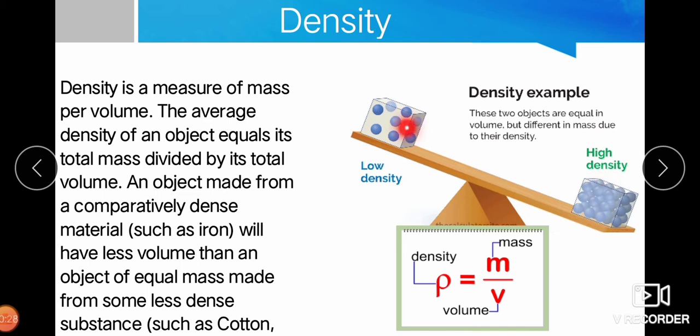And if there is less mass in the same volume, the object is called less dense, like liquids and gases. You can imagine iron and cotton. Cotton taken in the same container will have less mass, but iron has more mass. It is heavier than the cotton in the same volume. From this we say that cotton is less dense and iron is higher in density. Since in the same volume V, mass is more for iron, we get more density.